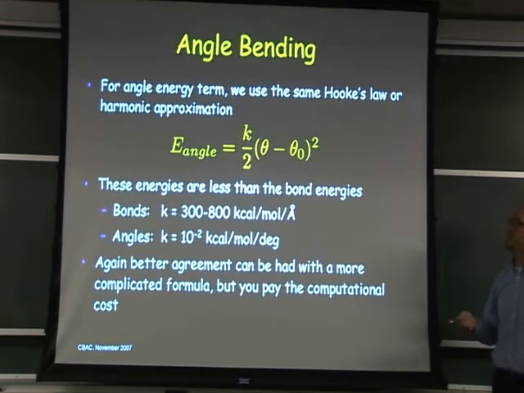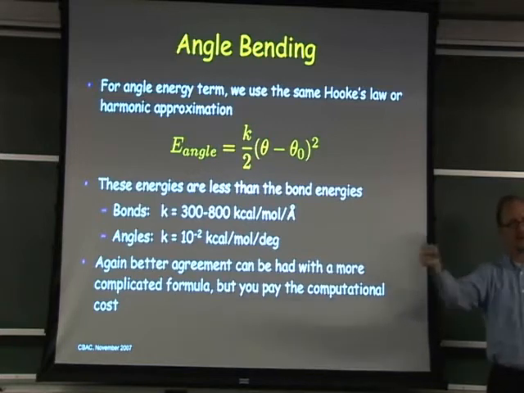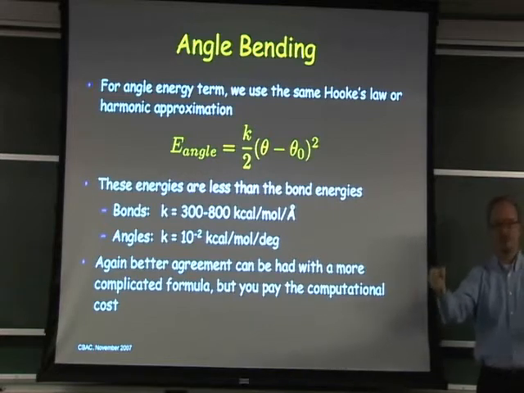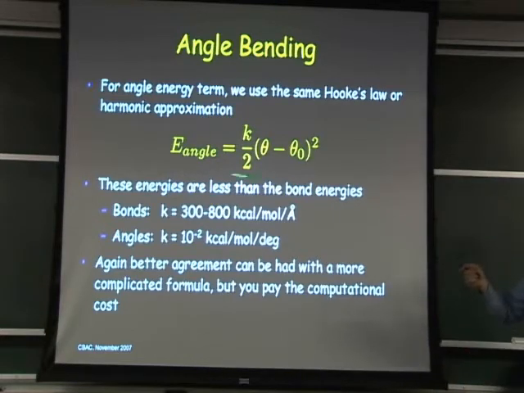We use the same thing for angles. We've got some ideal angle, theta naught, and we look at fluctuations. Anytime we've got three atoms in a row, we've got some ideal angle term. Think of a water molecule, where you've got fluctuations in the HOH bond angle. These energies tend to be slightly less. These are slightly softer, about 10 to the minus 2 kcal per mole per degree. Whereas for a bond, from a single bond to a double bond, they can vary in strength. So the stiffest modes in the system are these bond fluctuations.